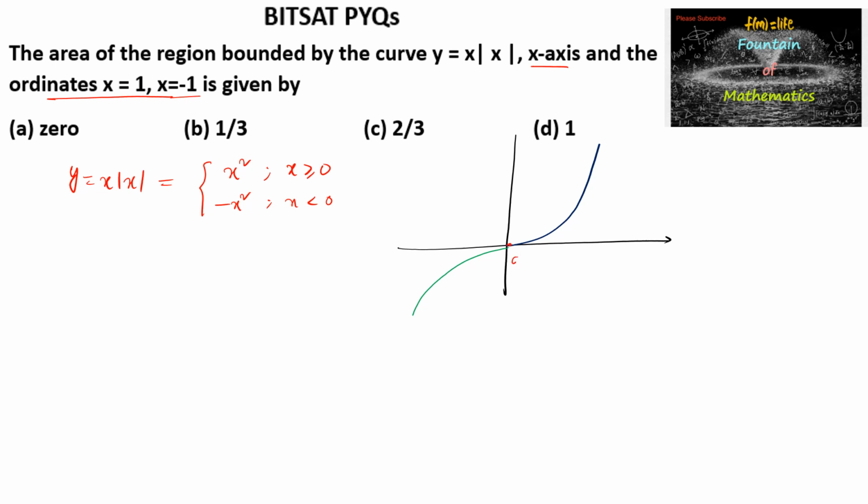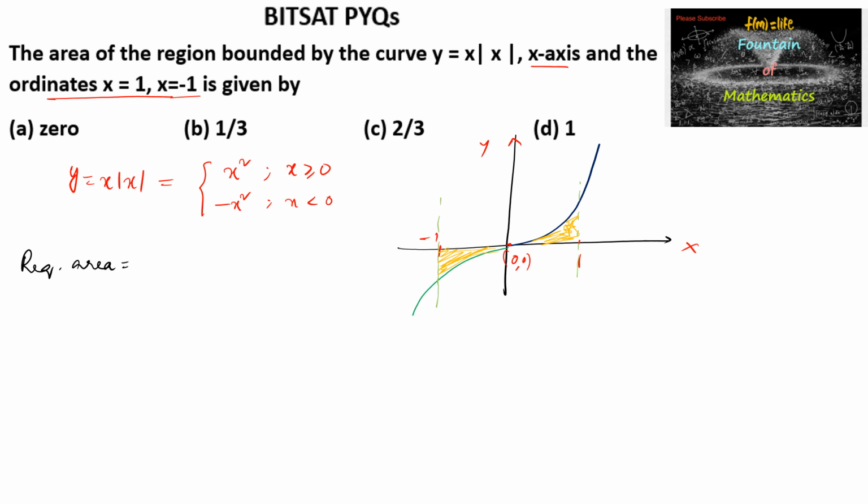And here origin 0 comma 0, say this is 1 and here minus 1, and with respect to the x axis and the ordinates x is equal to 1 and x is equal to minus 1, the bounded region can be shaded. We can observe that these two shaded regions are symmetrical to each other. So we can consider the required area